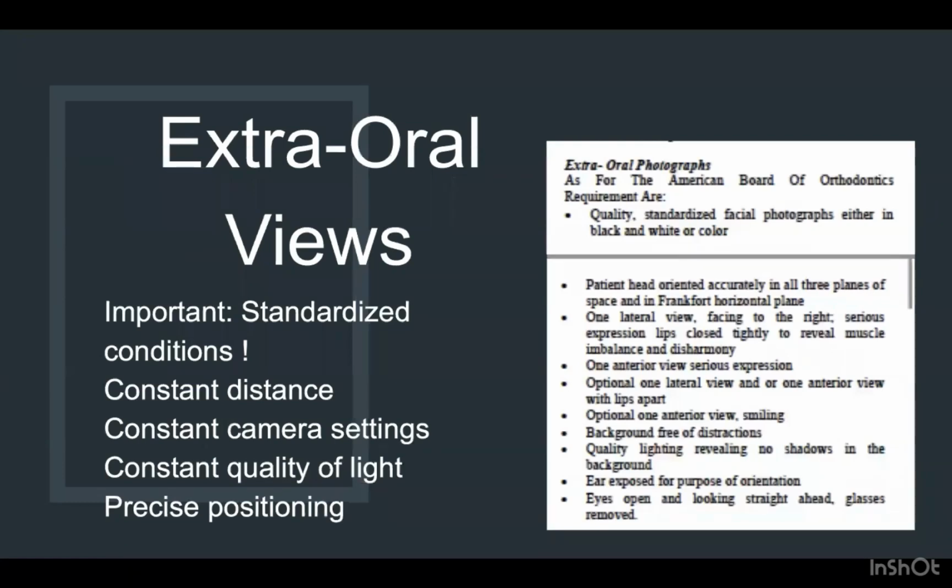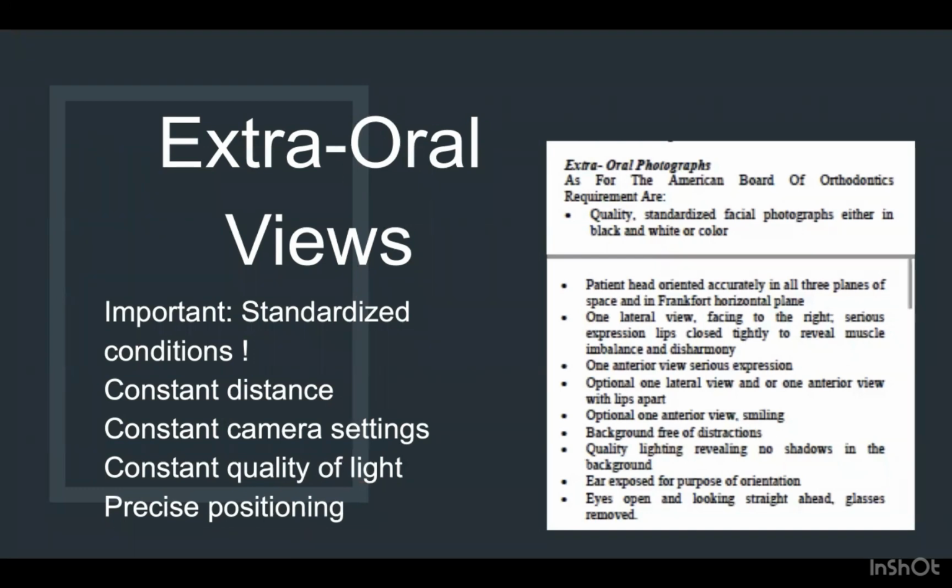Now, this all comes with practice. The more you practice your photography, the more you get the angles. Coming to the extraoral photographs, extraoral photographs are very important. They also should be in a standardized condition, at constant distance, constant camera setting, and constant quality of the light